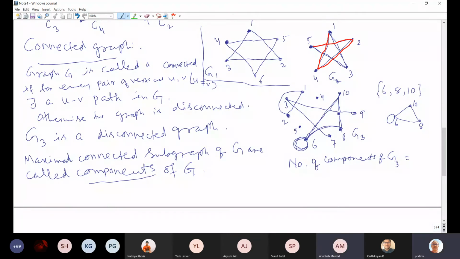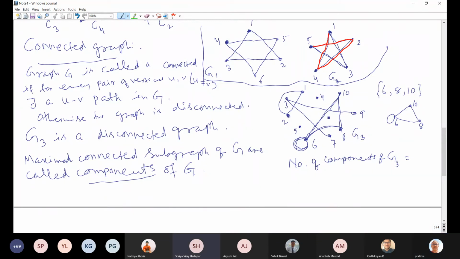Ma'am, 3. Okay, let us see anybody else. What is your name? 3. Ma'am, are we talking about the star and the triangle as well on the right, or just the star? Okay, forget about it. This G3 I have drawn is this, no? There are 4 components. Okay, one increased. Okay, anybody else?